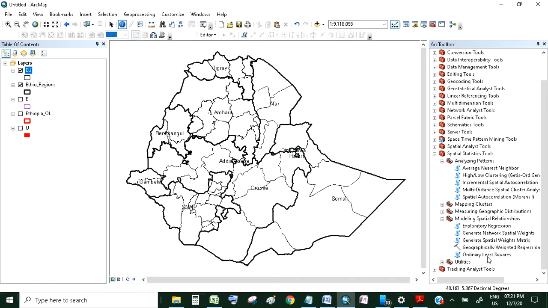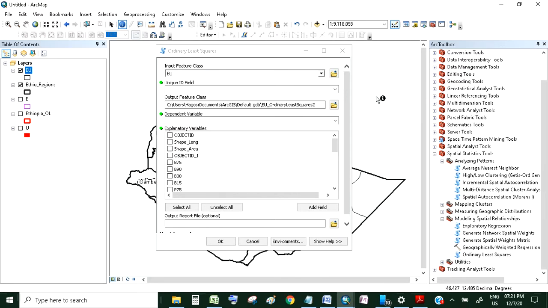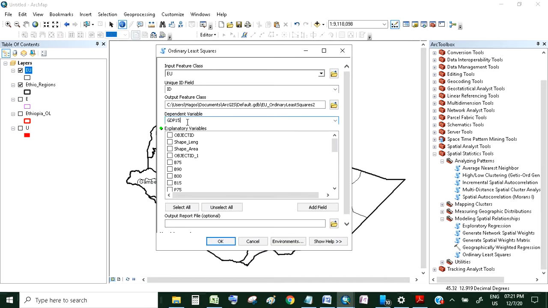So let's begin. I'm opening this Ordinary Least Squares tool here. You have to give the input feature, the unique ID, and the location. I'm leaving it as default. I want to know about the GDP 2015 as the dependent variable,